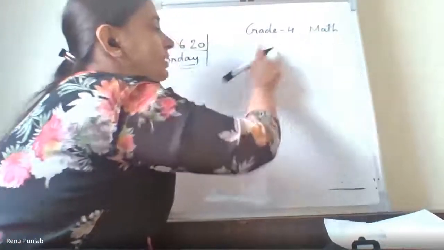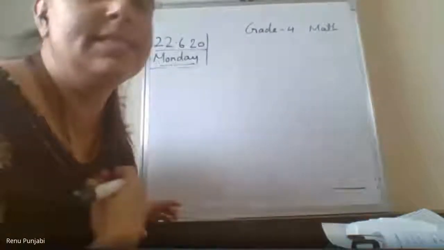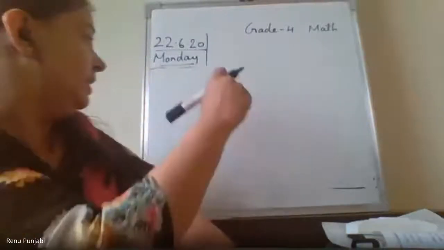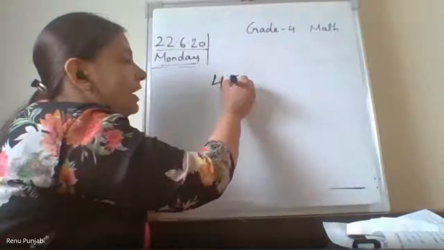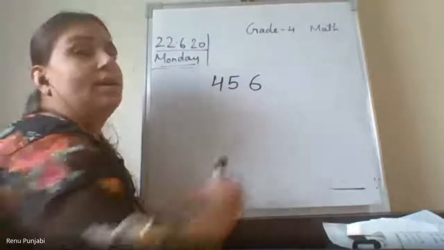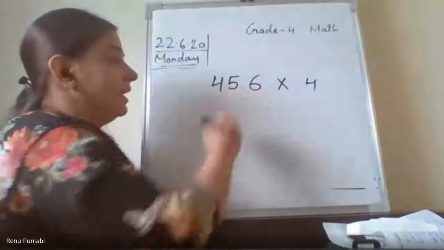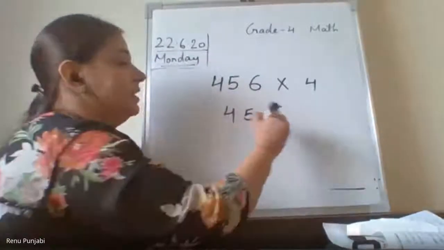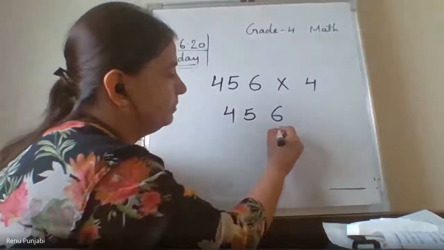Okay, now I, ma'am, will explain multiplication by one digit number, which you must have learned in grade 3 also. But as a revision, I'll take the one digit number. For example, here we have the 3 digit number 4, 5, 6, multiplied with 4. Write them column wise. Write the multiplier also down, multiplicand and the multiplier.